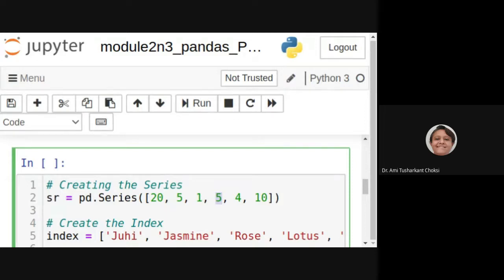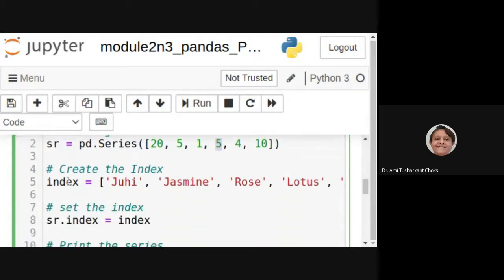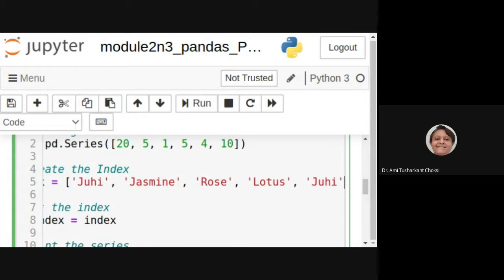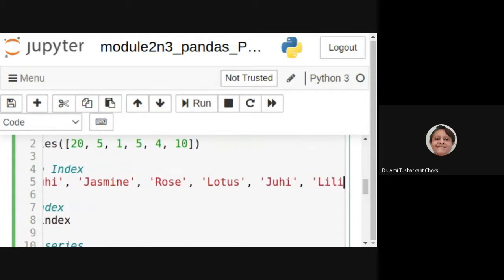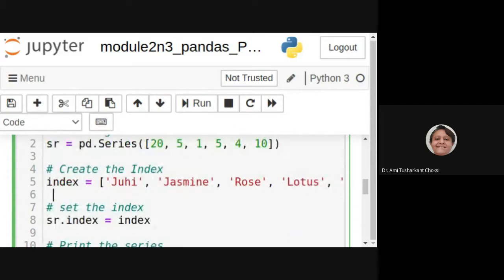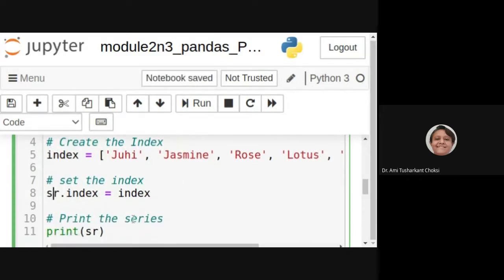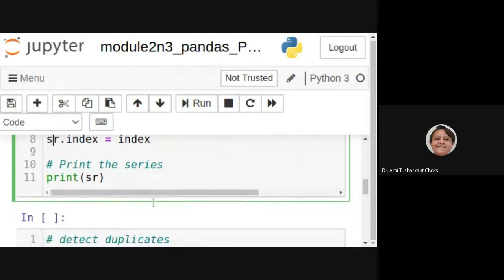We want to get the information that duplicates are available in this particular series, and then remove them. So let us say our index is Juhi, Jasmine, Rose, Lotus, and many more. There also Juhi is available twice, and Lilies. We set sr.index equal to index, and then print the series.